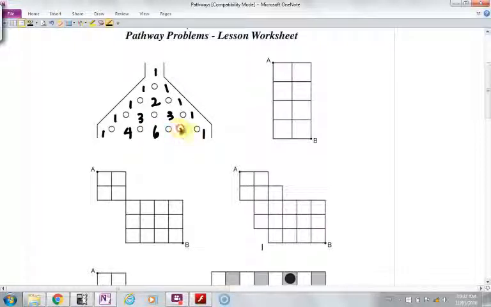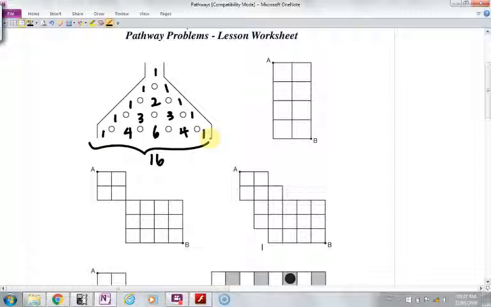And here? 4. So notice, every time I get one of these numbers, I'm adding the 2 above. Okay? And the reason I'm doing this one is to illustrate the pathway problems can work the same way. So I showed you an easy way to calculate that. Yes, Sandrine? 3 and 3 adds to 6. Yeah, okay? So altogether there's 16 ways that the ball can get from the top to the bottom. 16 different paths if you add up the 1 and the 4 and the 6 and the 4 and the